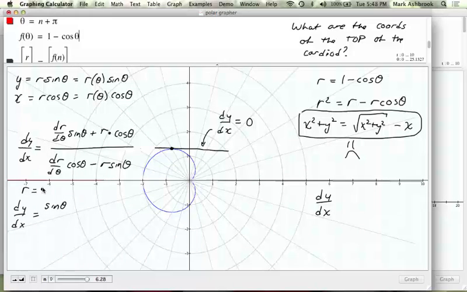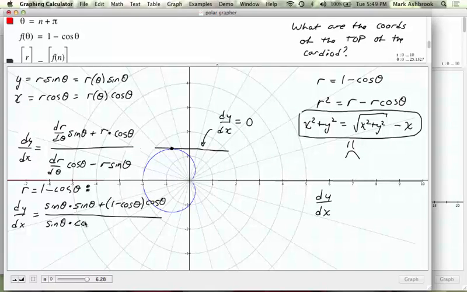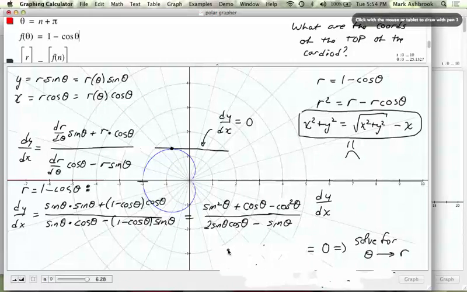So if r equals 1 minus cosine theta, then dy dx is going to be sine theta times sine theta plus r, which is 1 minus cosine theta, times cosine theta, all over sine theta again times cosine theta minus 1 minus cosine theta sine theta. And then we see where the chips fall here. So we got sine squared